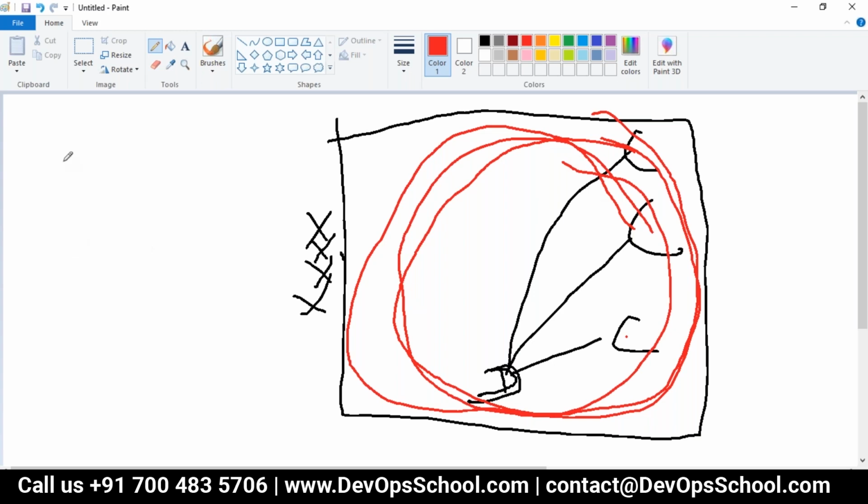Okay, but what happens when I try to access that container IP address from outside? It's not accessible because the networking scope for the container, which uses the default one, is not outside. In a simple way, let's say you are right now at home, correct? You are working from home. Now you are getting some IP address. Will I be able to access that IP address from my home? No, because your router set the networking scope to local. Okay, so that's not possible.